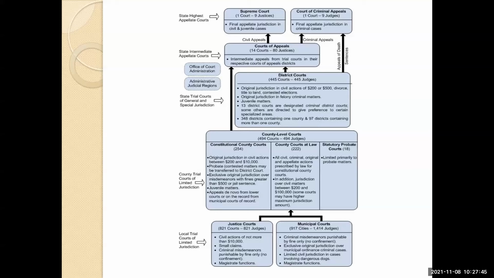And then the last jurisdictional element that constitutional county courts have is called appeals de novo from the lower courts, or appeals on the record from municipal courts of record. So let me first address what appeals de novo mean. It's Latin for appealing from the new. And what this means is that